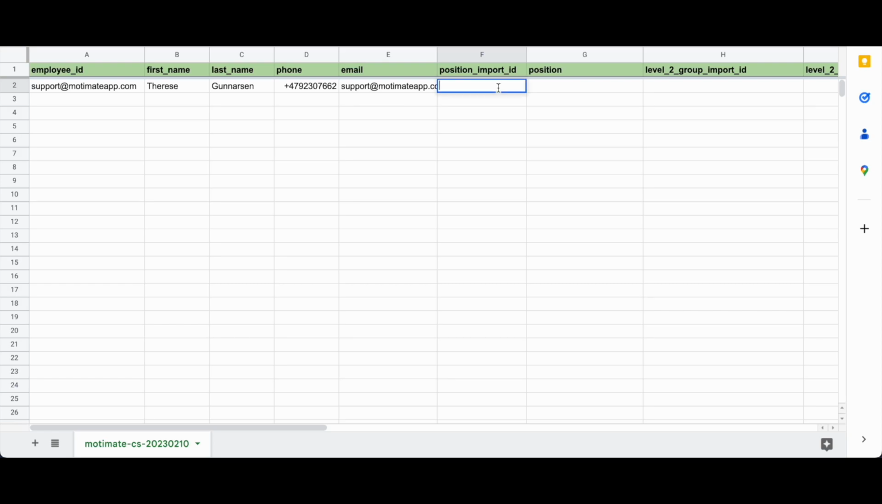So if you want to add a position, there are two fields here: the position import ID and the position. So the position import ID, that's an internal ID that we use in Motimate to ensure that positions aren't duplicated. So you could do something like, let's say, marketing